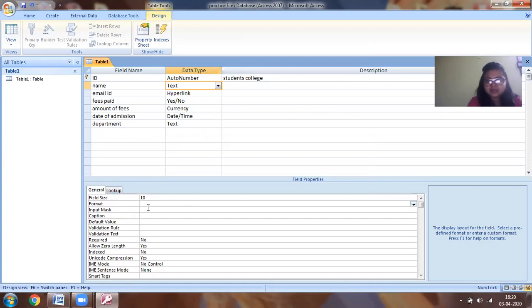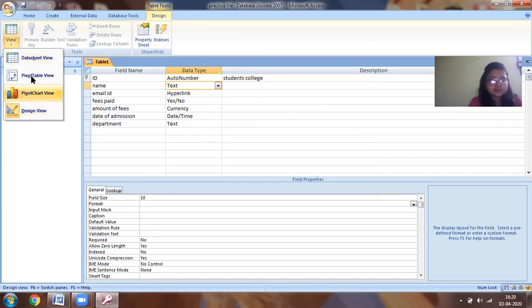Formatting is again, in which format you want it. Input mask is, for example, whether you want the number to end with 0 or something. There are many things. We can do these once we do a question, and you'll understand it better.